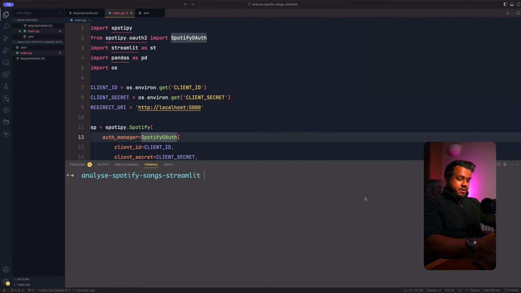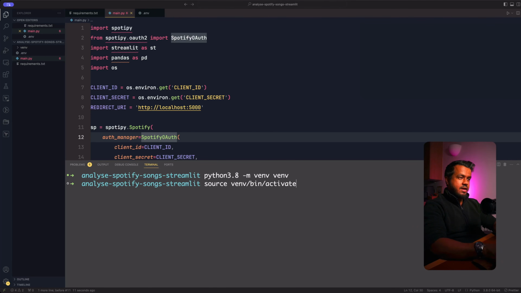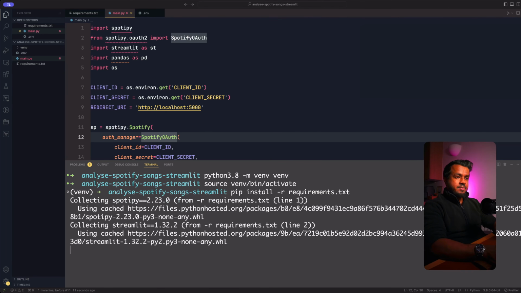Right, so it's time to give our application a run. Let's create a virtual environment. I'm going to do that by typing python3.8, which is the version of Python I'm using for this, -m venv. So I'm going to create a virtual environment called venv, and once that is created, I will install the requirements into that. Well, I'll activate the virtual environment first by typing in source venv/bin/activate, and then I will install the requirements that we specified in the requirements.txt file in this virtual environment by typing this command and tapping enter,